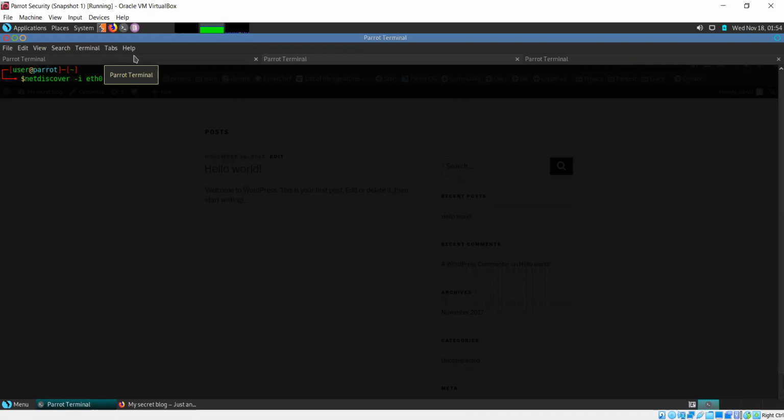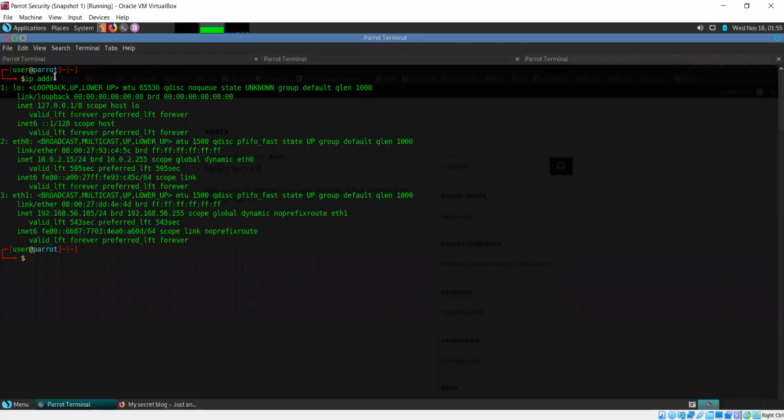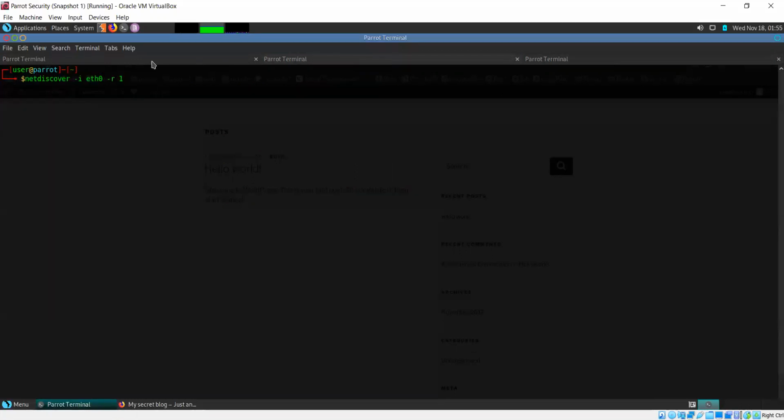Okay, good. So what I'm trying to do is figure out the IP address for the machine that I want to attack. I use netdiscover, specify the interface with -i, which is eth0, and I need to specify the network range. I ran the ip address command. This is the interface that I'm focusing on, and this is my IP address. It's going to be on the same network range, of course with a different IP.